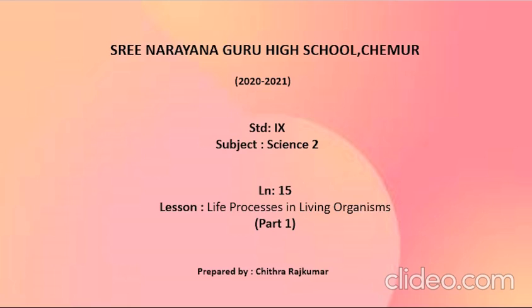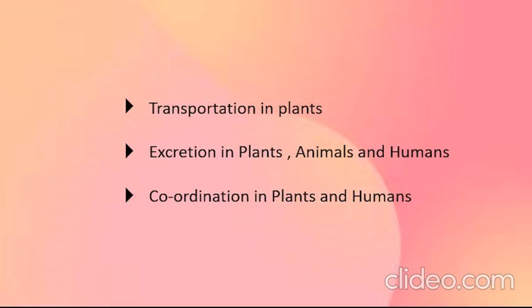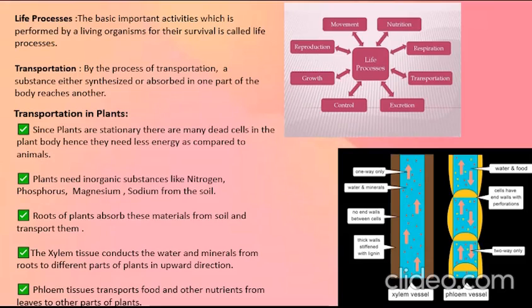Today, for Science-2, we shall start with lesson number 15, Life Processes in Living Organisms. And we are going to cover the subtopics Transportation in Plants, Excretion in Plants, Animals and Humans, then Coordination in Plants and Humans. Students, in your lower classes, you must have learned about the different life processes in living organisms